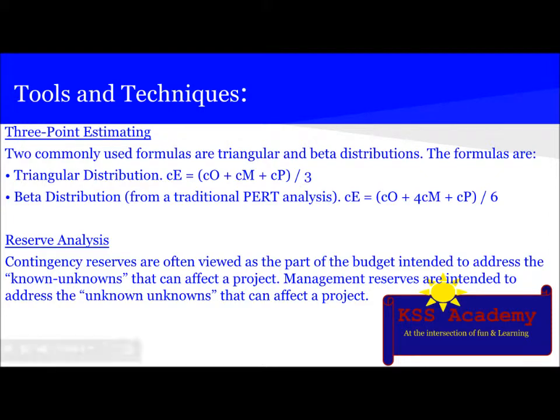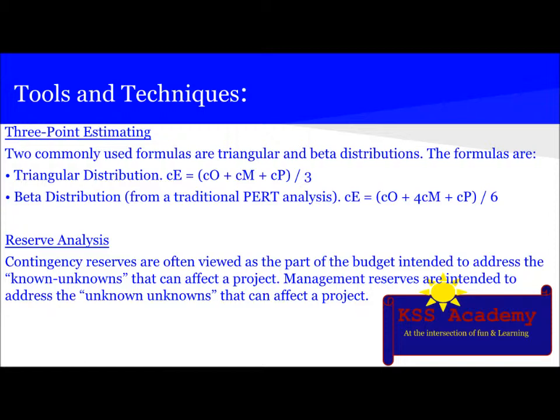Then there is three-point estimating, which uses two types of calculation: triangular distribution and beta distribution. In case of triangular distribution, we add the optimistic cost, pessimistic cost, and most likely cost, divided by 3. In case of beta distribution or PERT analysis, we take 4 times the most likely cost and then add the optimistic and pessimistic cost and divide it by 6 to get the